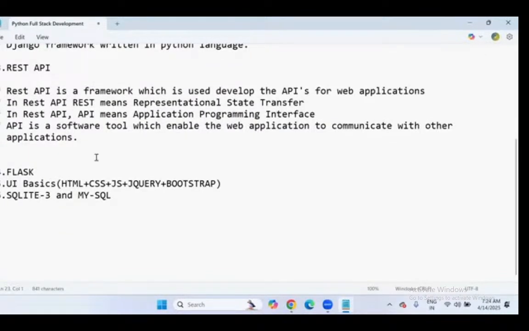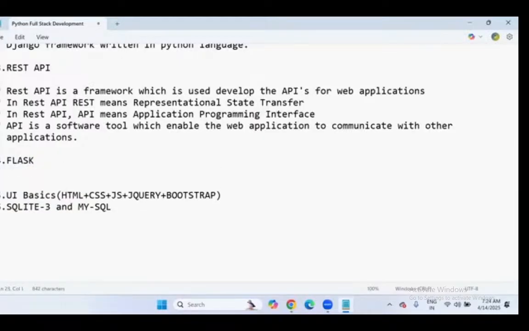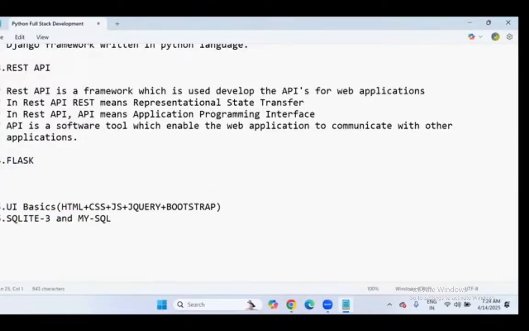What is Flask? Flask is a framework. Flask is a framework which is used to